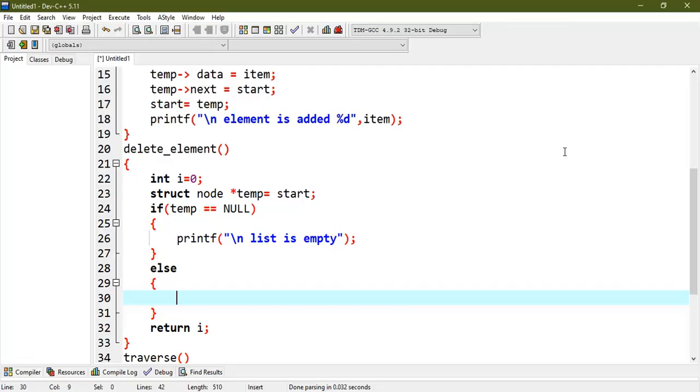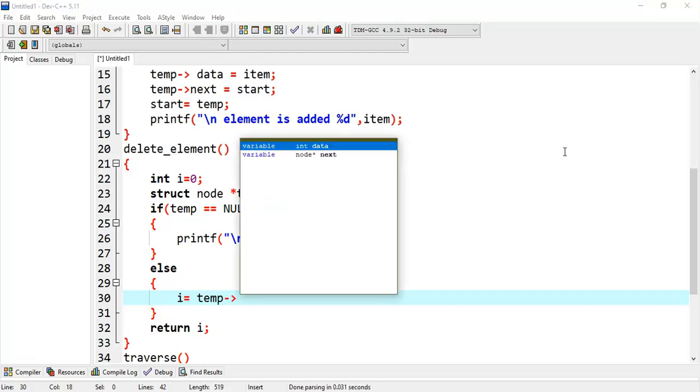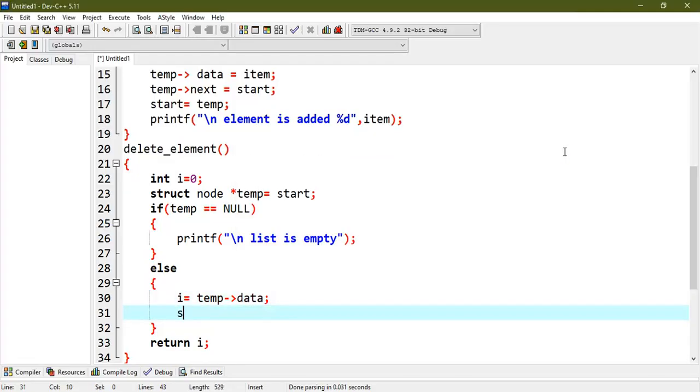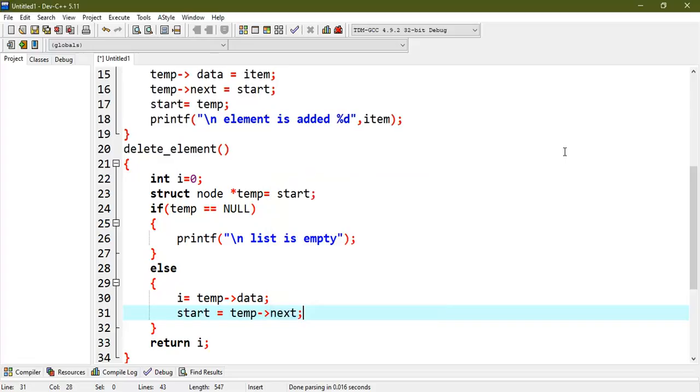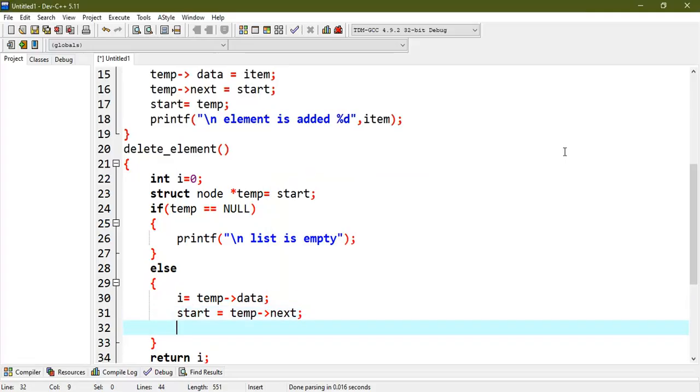And in the else part, we have the list in the temp, so we will copy the element. So I is equal to temp's data, and then start is equal to temp's next, so that start will now point to the next element. So we have removed the temp from the list, and now we will free the temp. So with these steps we are going to delete the element from the linked list,